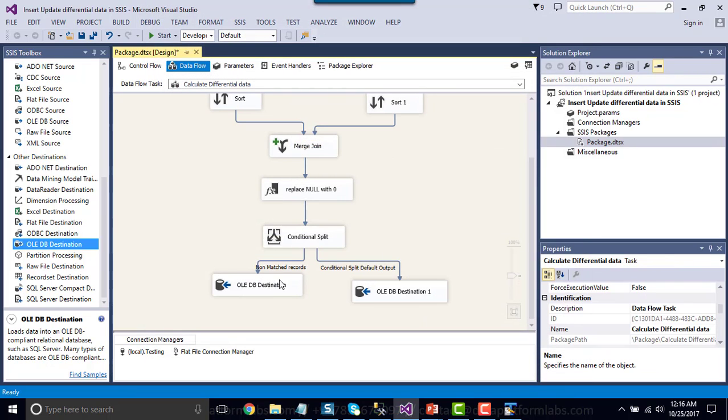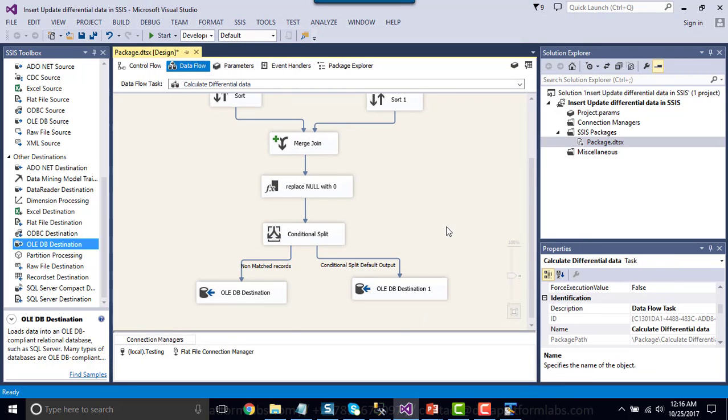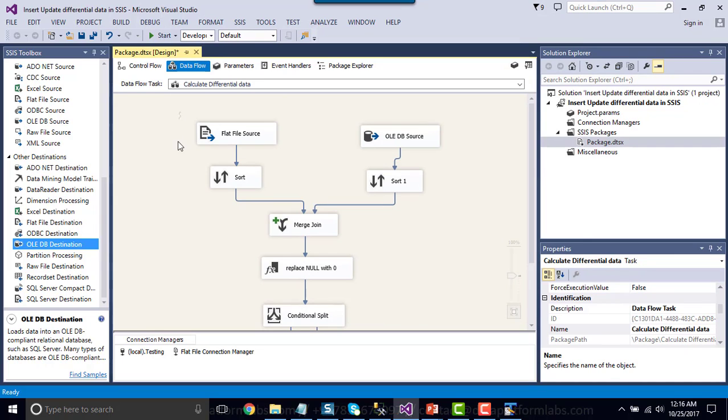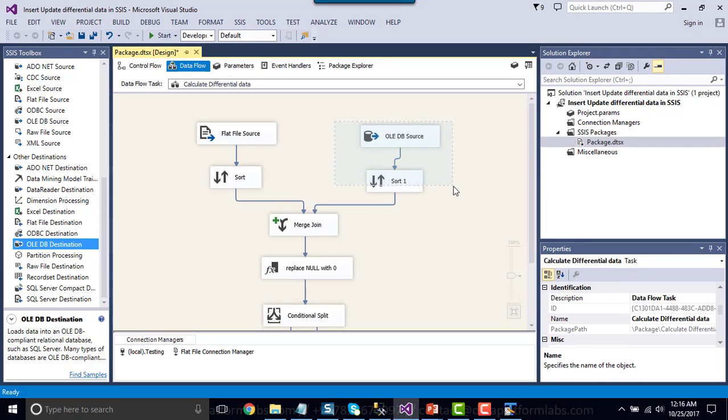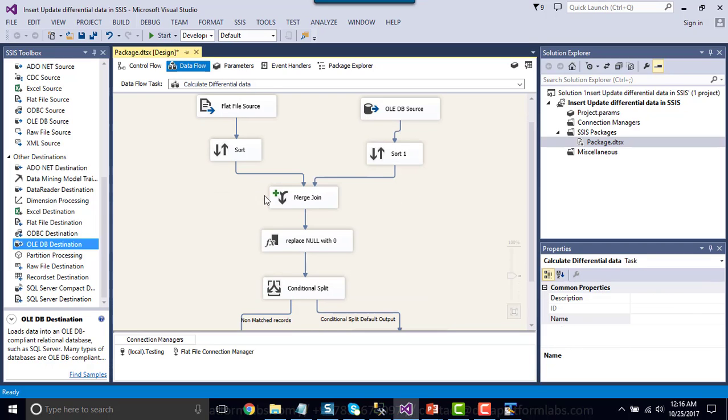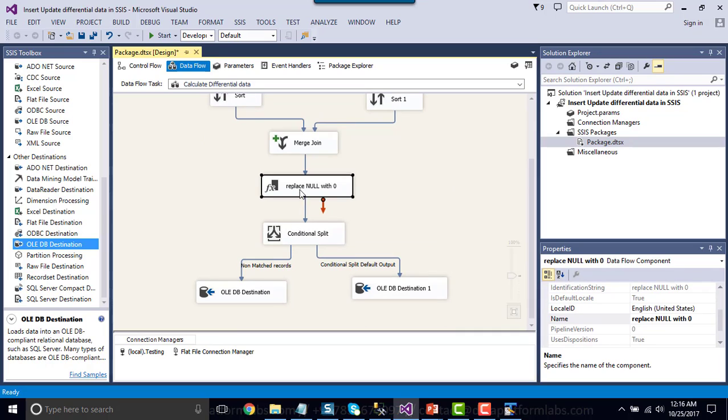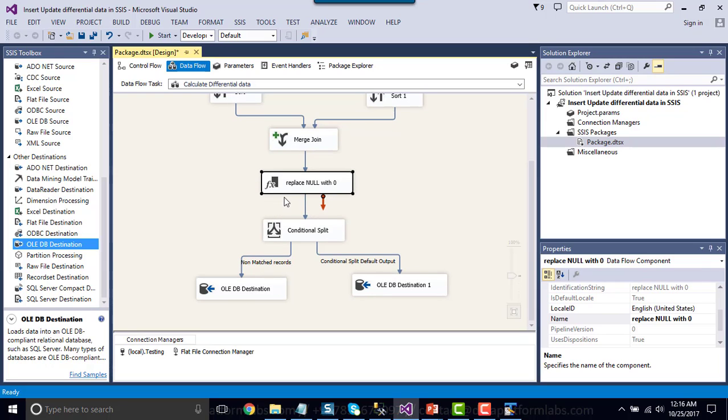Okay, so now we have configured this particular SSIS package. It will read data from the CSV file, and then from our final table it will merge data after sorting, and then replace the value of ID2 from null to 0, because null means that record is new, and if a value is there it means the record already exists.